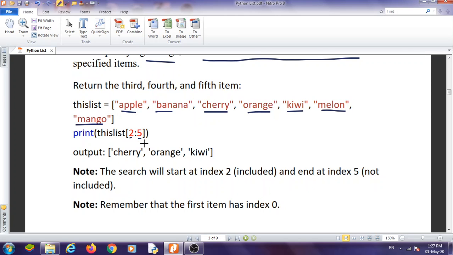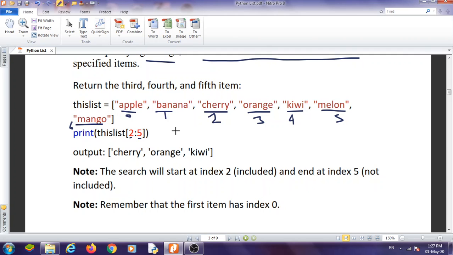But as you know, the last index number is always excluded, meaning it will not be included in the result. Here is index 0, 1, 2, 3, 4, 5 and this one is 6.